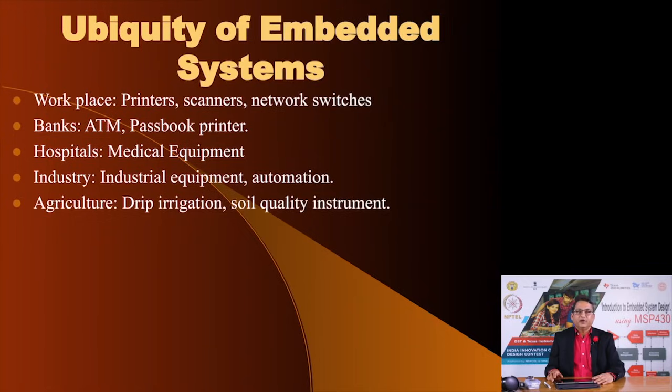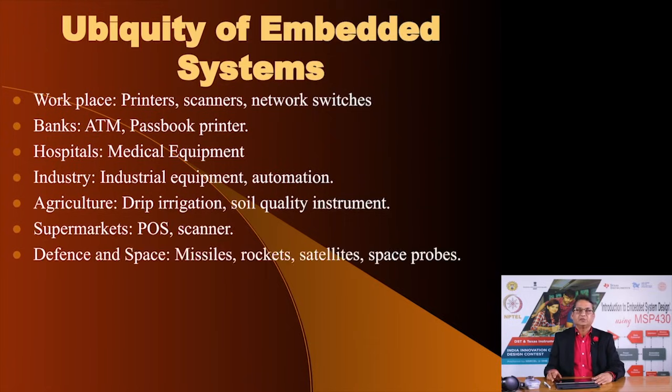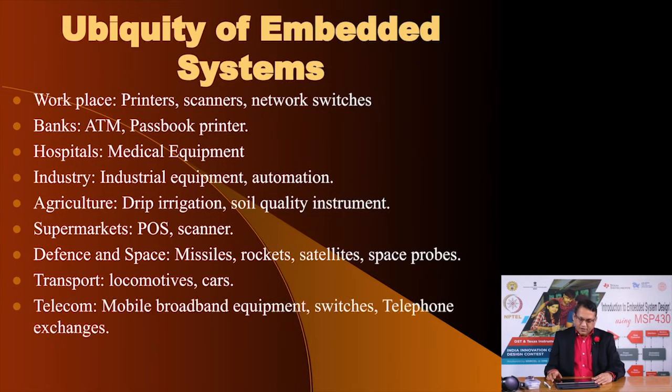In the supermarkets, we have point of sale terminals, we have scanners for scanning the commodities that you buy. We also have defense, and in the area of defense and space, we have missile systems, rockets, satellites, drones. These are all examples of embedded systems. In transport, we have locomotives, metro rails, cars. In the telecom sector, we have mobile broadband equipment, switches, telephone exchanges,